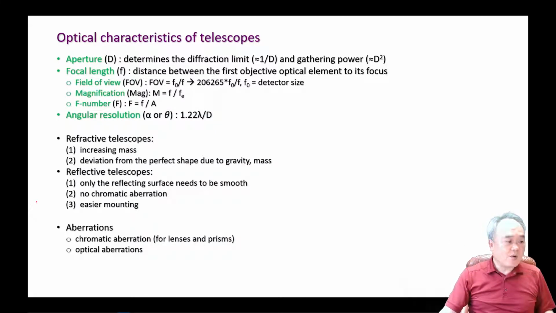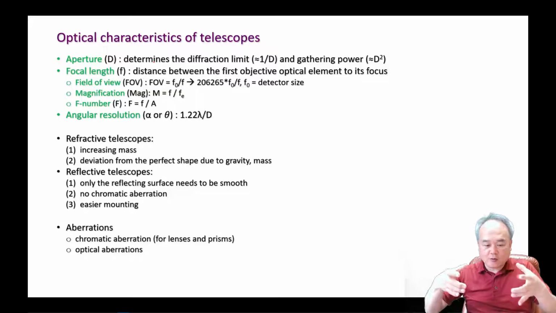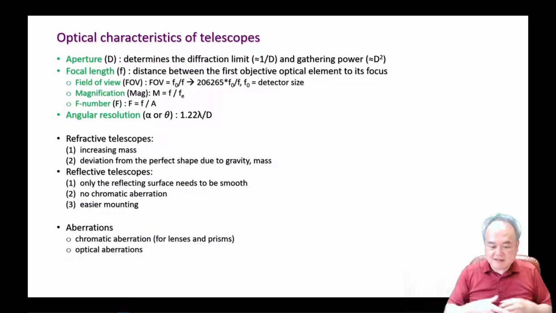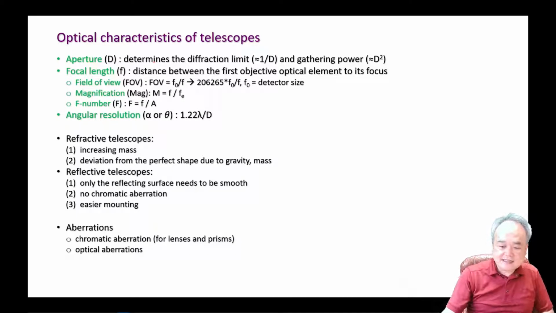So that is the objective, the optical element. That objective for the refractive telescope is the objective lens, and for the reflective telescope is the objective mirror, the reflective primary mirror. The size of the objective, the lens or mirror, is defined as the aperture of the telescope, and this